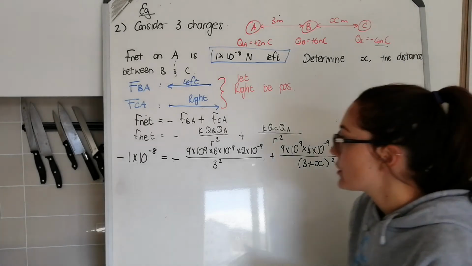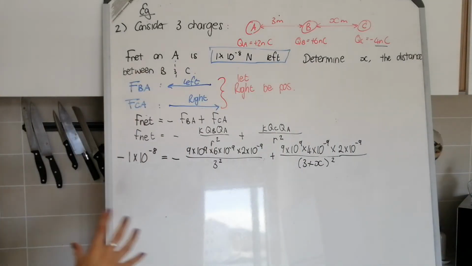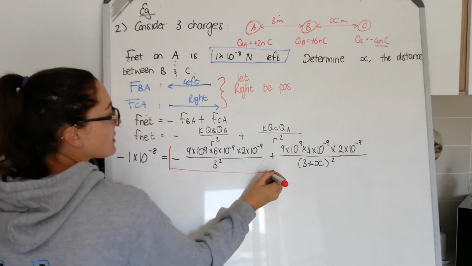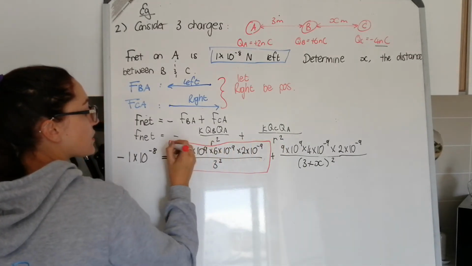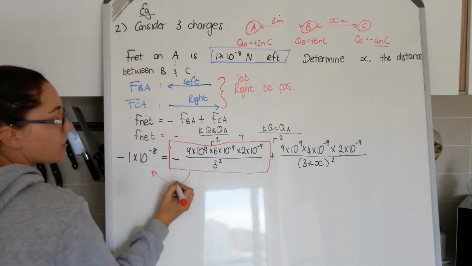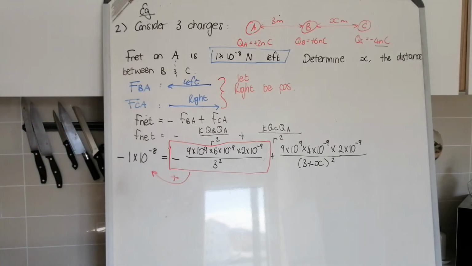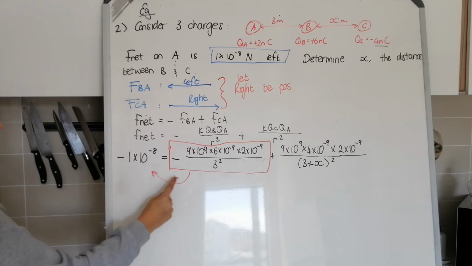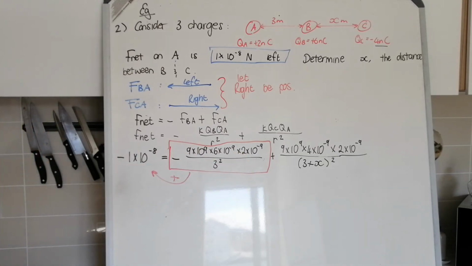So first off, I'm going to isolate the term that has my variable in it. Okay, so I'm going to take this term across and change it to a plus sign. And I'm actually going to type that in on my calculator. Negative 1 times 10 to the negative 8 plus this fraction, and simplify that and see what I get. I think I actually did do it on this worksheet. Makes life a little bit easier. Okay, so we get 2 times 10 to the negative 9